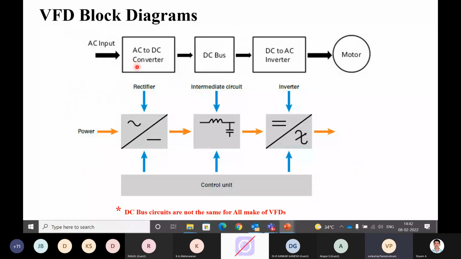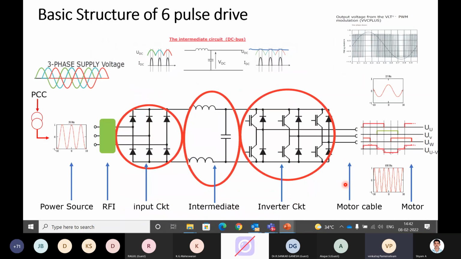The first section is the rectifier section, an AC to DC converter. We give AC as an input, and the intermediate circuit is called the DC bus. Then the inverter section is again a DC to AC inverter. So this is the overall function of the VFD, and below that you can find the control unit. This unit gets feedback from the motor and again gives input to the VFD. It is like a closed loop. So this is the basic structure, as you can see it in